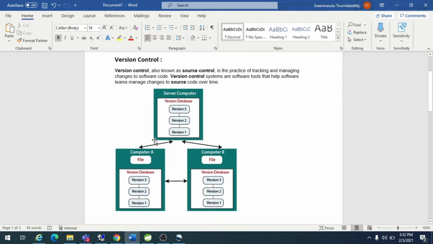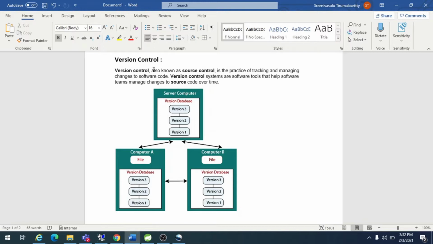So what is a version control tool? A version control tool is nothing but a source control. For example, if you are working in a large enterprise, where multiple people are working on one project, suppose you and another person are working on the same project. You did some changes, and the other person has to take your changes, and on top of your changes, he needs to merge and make some changes.